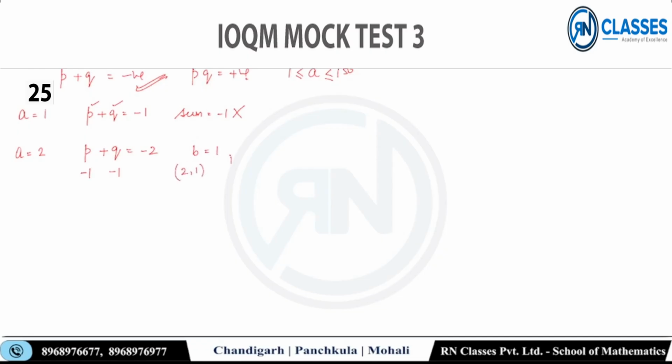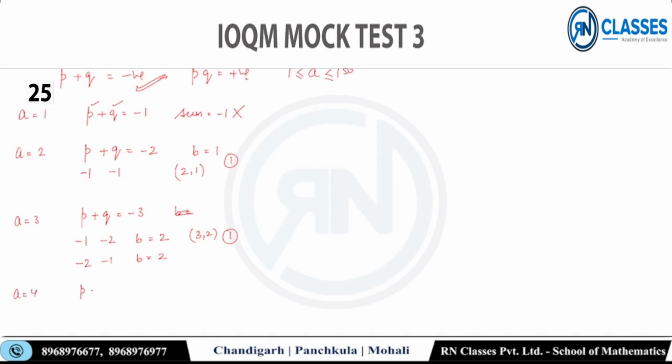(2,1)। मेरे को एक सोल्यूशन मिला है, ठीक है। a की जगह मैंने 3 डाल दिया, ठीक है। p plus q क्या आ जाएगा मेरे पास? -3। ओके, सो p को -1 डाला, q को -2 डाला तो भी चलेगा, p को -2 डाला और q को -1 डाला तो भी चलेगा, ठीक है। सो b लिखना है pq से, यहां पे लिख दूंगा इसके आगे, दो अलग अलग बन रहे हैं। सो -1 इंटू -2 = 2, और यहां पे भी -1 इंटू -2 इंटू -1। ऑर्डर्ड पेयर कितने बने? एक ही ऑर्डर्ड पेयर बना दोनों केस में, एक ही बना।